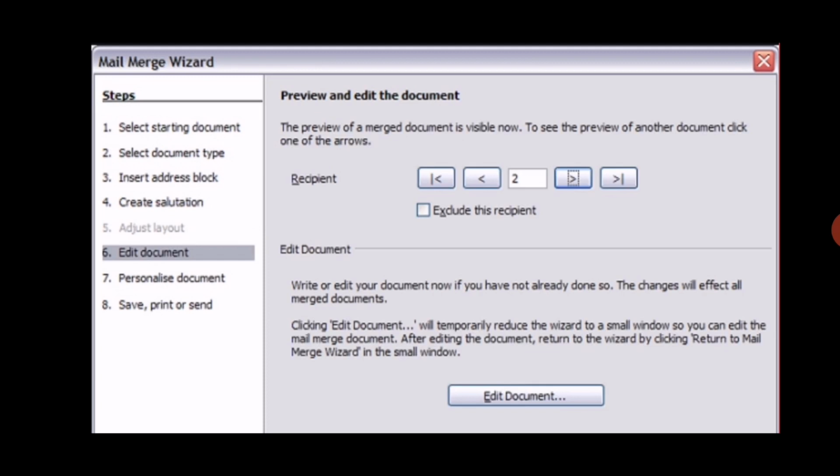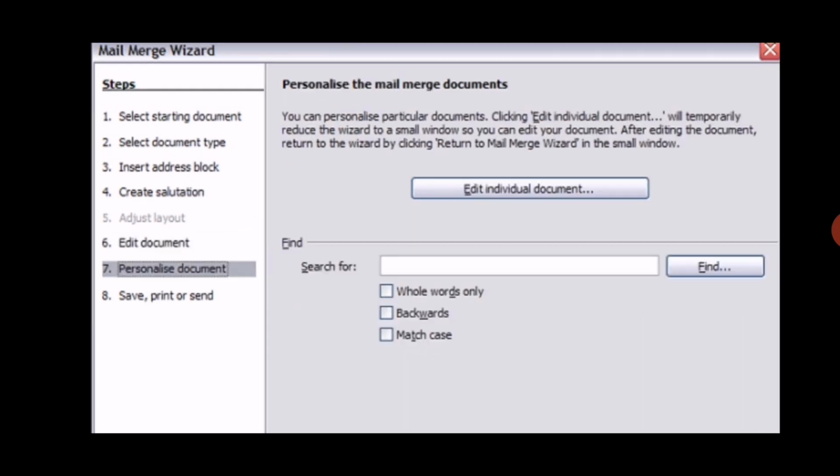You can see the button is Edit Document. Go to your document and you can edit from there. The next option is Personalize Document. If you want to make any changes, or write anything in your letter and document, you can personalize it according to your requirement.